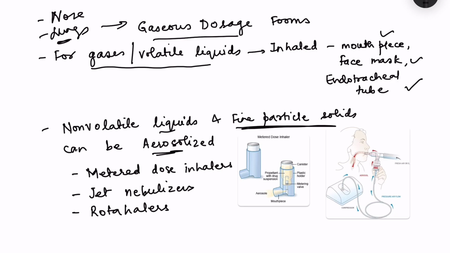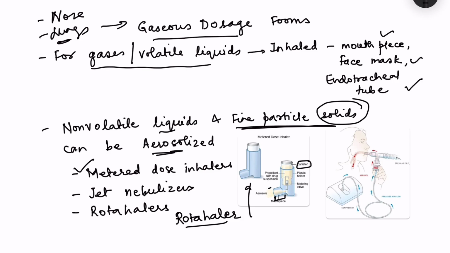Sometimes a solid drug will be there, an example being the rotahaler. In the rotahaler, there is a capsule with a solid drug, and then we spin the rotahaler so that this solid can be aerosolized as fine particles. Then there are metered dose inhalers, very common, you might have seen them being used by asthmatics. This is the metered dose inhaler, in which this is the mouthpiece, and here the medicine canister is placed. This is placed in the mouth and then the canister is pressed, then a fixed amount of dose enters